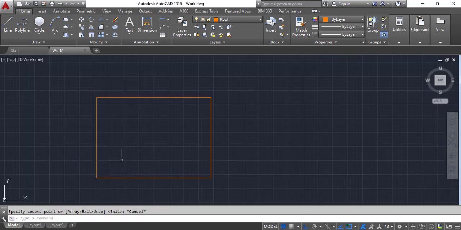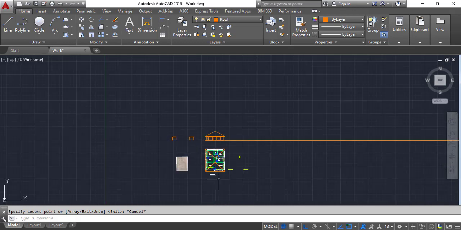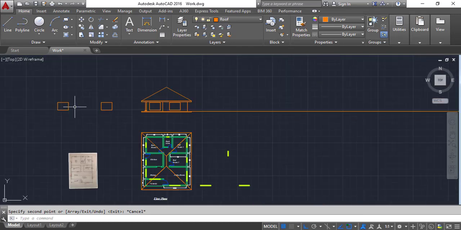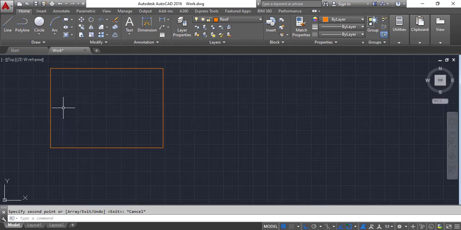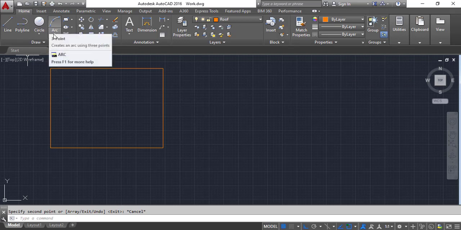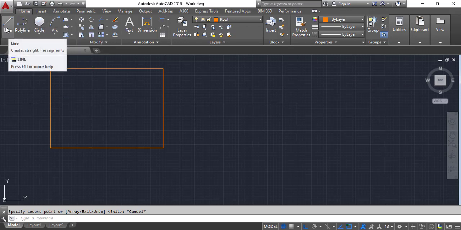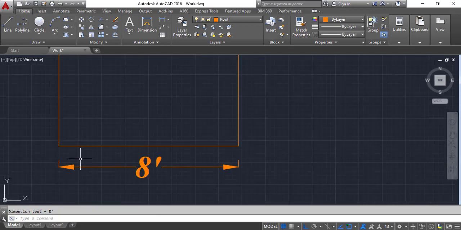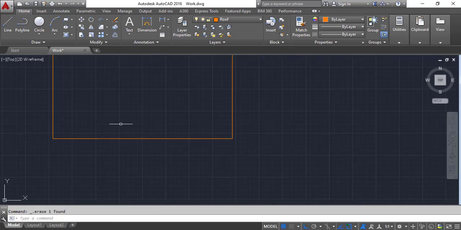In here I need a 4 piece window, and zoom here, and I'm going to measure this line. This is the system to draw, there's 8 feet, and I want to draw a line